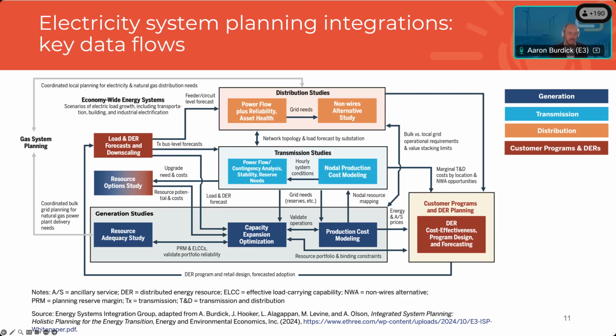So those need to be aligned across planning processes and downscaled geospatially to the appropriate granularity, be that transmission buses or distribution circuits. We have a resource option study, which historically has looked at generation resource options on the bulk grid, but increasingly may consider distributed energy resources as well as grid upgrade options. And then we have that flowing into a capacity expansion optimization that's been historically used within generation planning. We'll talk about ways that some of these other constraints may be put into that optimization later today.